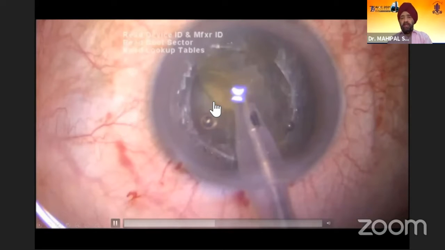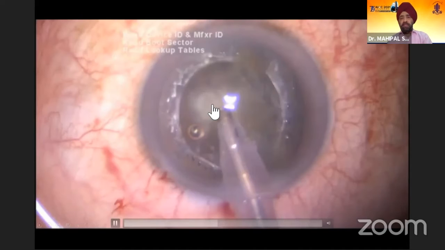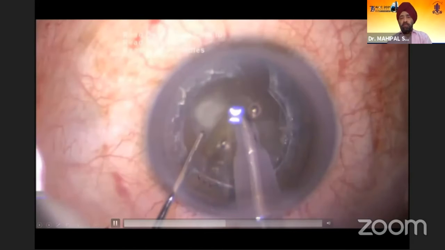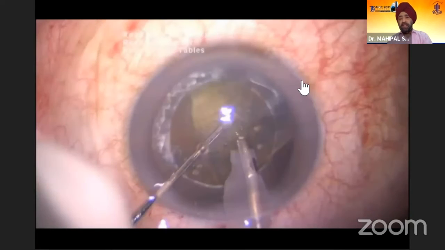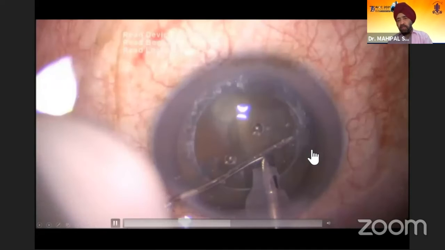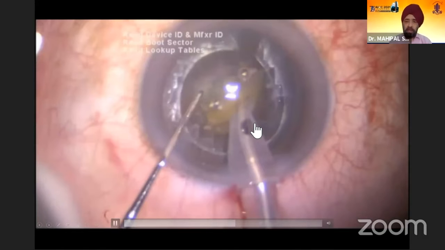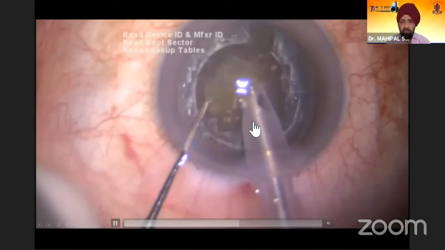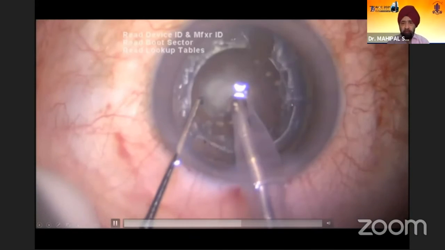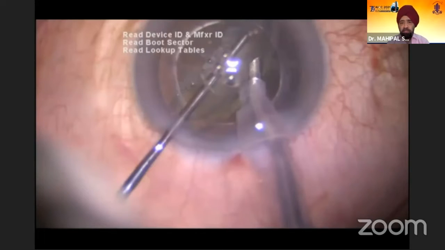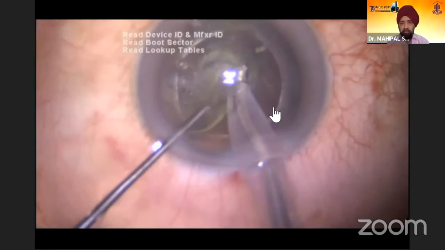And again, you can see that we are removing this part of the nucleus because there is a pneumodissection. Again, see here, I can disentangle this nucleus from the epinuclear cushion and just remove it. So never ever are we getting any nuclear drops, ever since we have gone on to this. And now you can see that this is the epinucleus that we are taking out. The cleavage plane is again there.